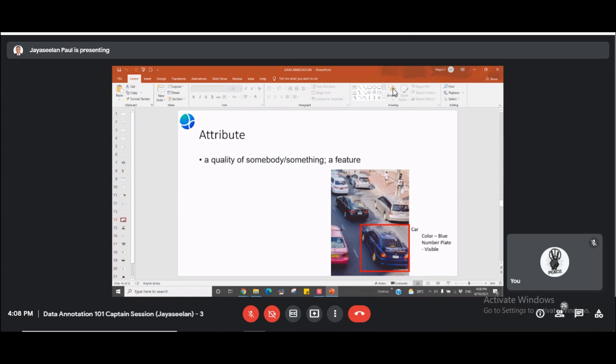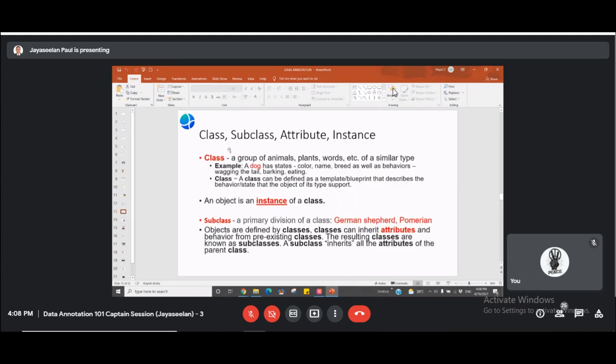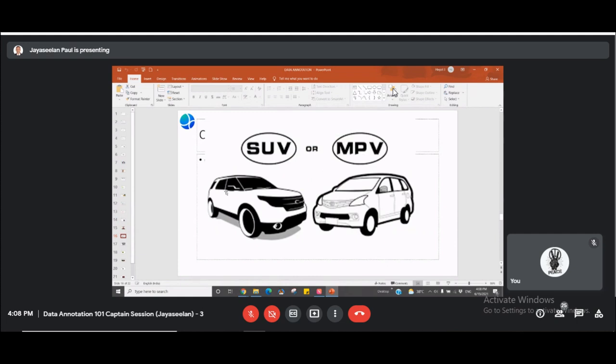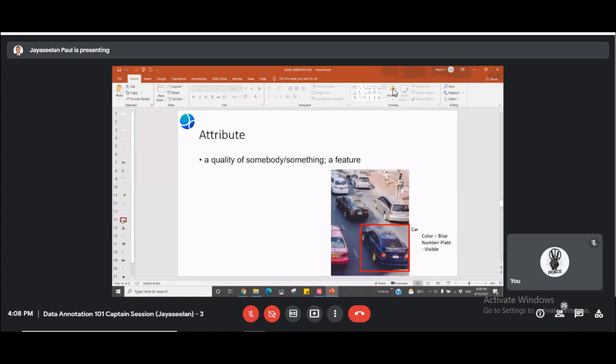So cars is one type of vehicle, and they are all grouped under the class name cars. The subclass is the type of cars. We saw 4 types of cars: hatchback, sedan, SUV, and MPV. Then we asked you to classify everything else as others.